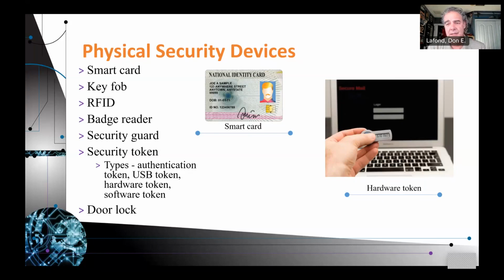RFIDs are usually implanted in a piece of equipment or in a store, for example, for inventory. You can't just walk out through the front door with something with an RFID in it, it sets off the alarms. That RFID has to be removed from the piece of equipment. Key fobs are used for access. They could also have the token. By the way, that token changes every so many seconds. The Google Authenticator is a good example of the authenticator on smartphones. I'm finding more and more websites need me to use the code on my Google Authenticator to be able to access the website itself.